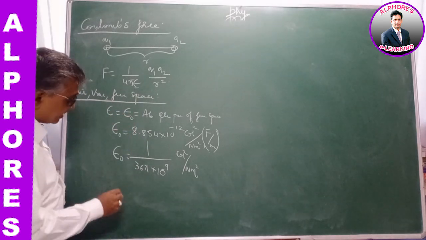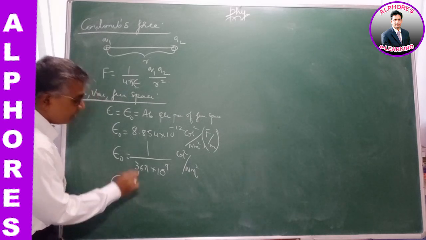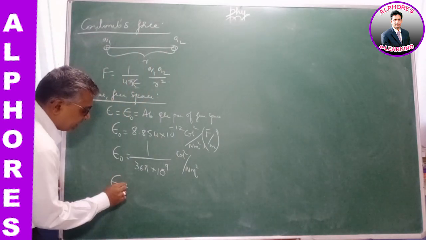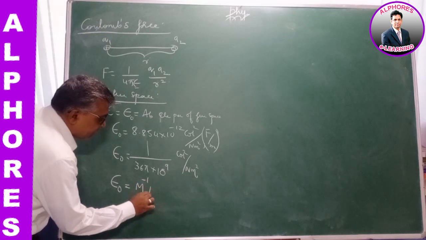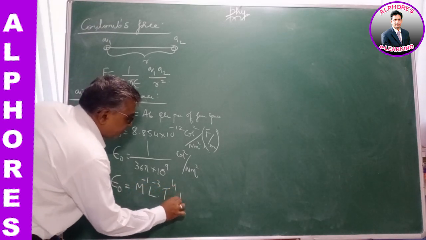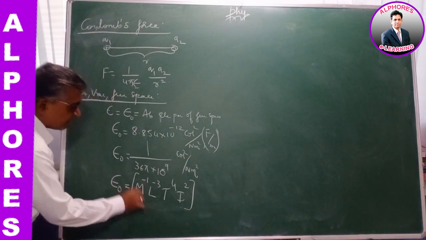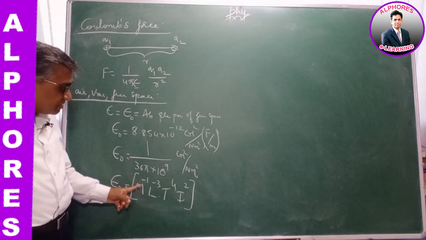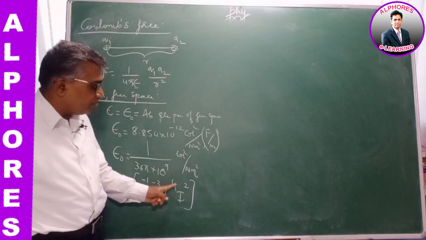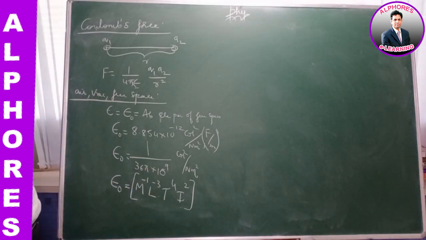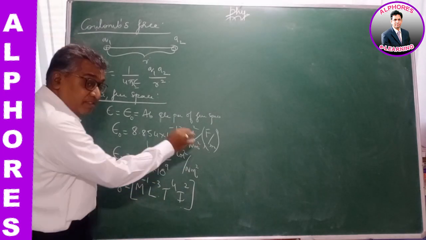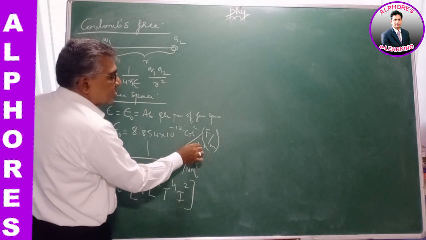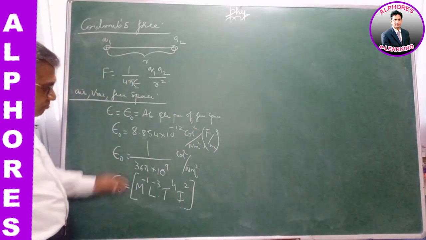Now, in a recent JEE Mains examination, the question was given: what is the dimensional formula of epsilon naught, the absolute electrical permittivity? The dimensional formula of epsilon naught is M minus 1 L minus 3 T power 4 I square. Its significance: the mass dimension is negative. It is an electrical constant whose mass dimension will be negative. The units are Coulomb square per Newton meter square or Farad per meter, F by M. This was a previous entrance examination question from long back.